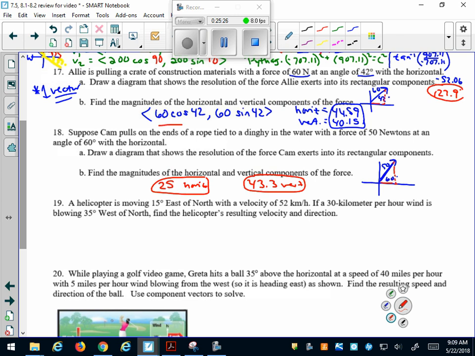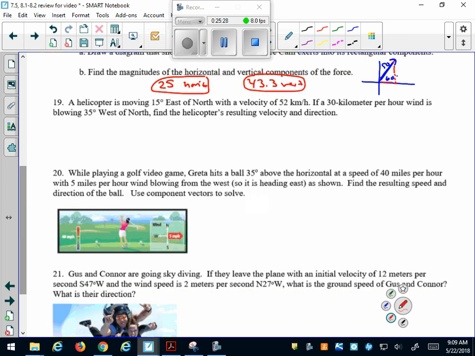Again, same process there. Number 19, a helicopter is moving 15 degrees east of north with a velocity of 52 kilometers per hour, and then there's a wind blowing. So now we have two vectors. So this is one where we're going to have to add the vectors. So we have vector 1 and vector 2. Vector 1 is our helicopter, 52